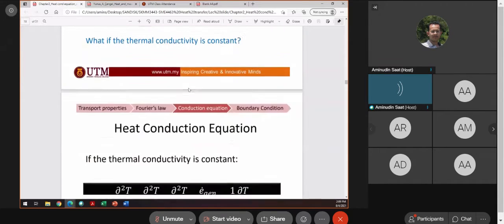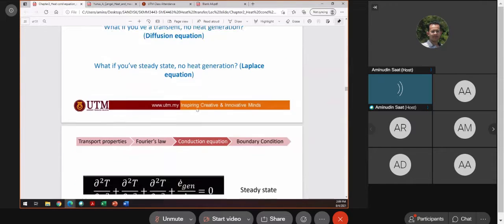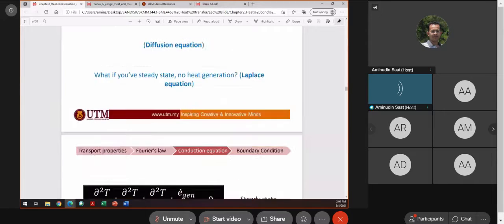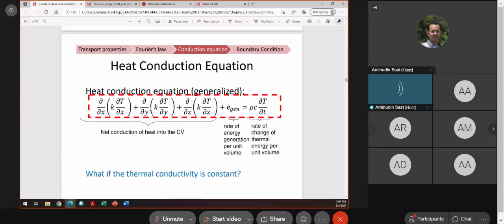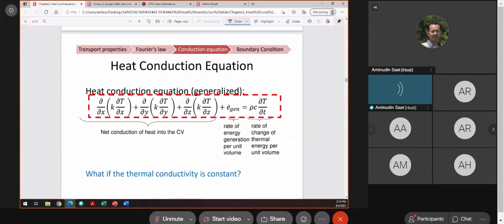From here there are some simplifications, but I'm not going to explain them because we just concentrate on the general heat conduction equation, this one. This is the general heat conduction equation that you need to use in most cases of three-dimensional Cartesian coordinates, and apart from that you need